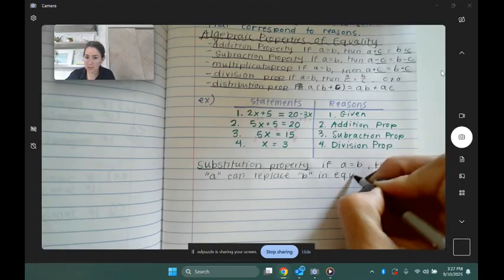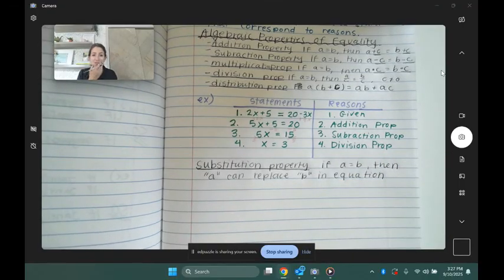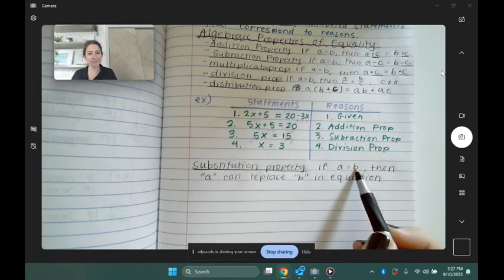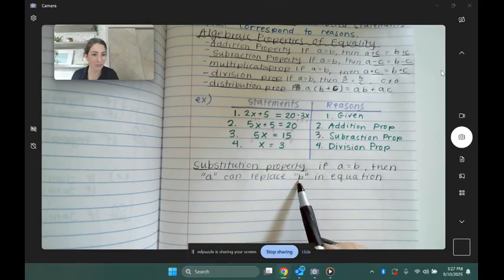Let's just say equation. Substitution. And that makes sense, right? If x is equal to 2, then I can put 2 wherever I see an x,